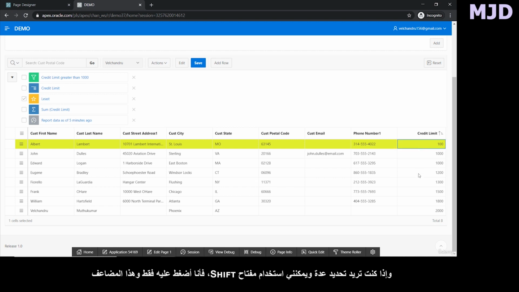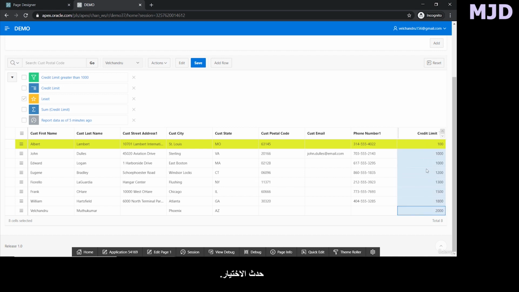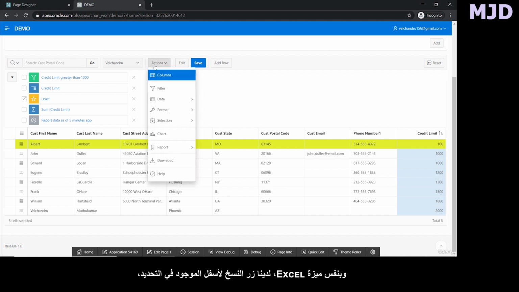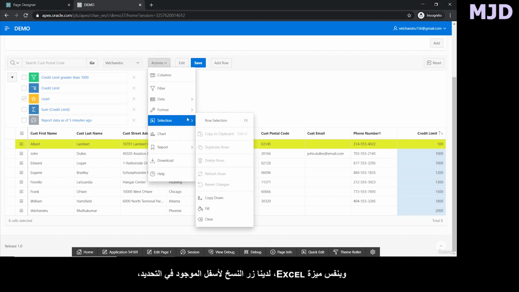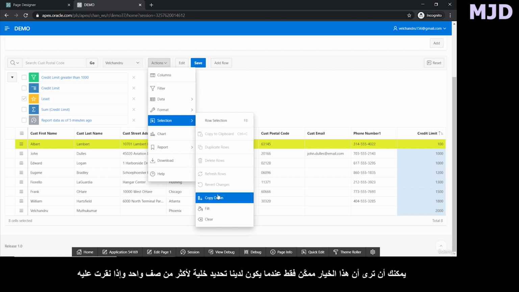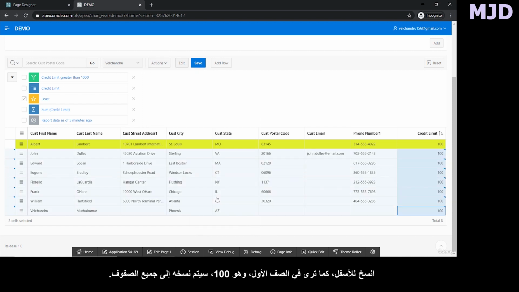And if you want to select multiple, I can use the shift key, so I'm just holding it, and this multiple selection has happened. And with the same feature as Excel, we have this copy down button, which is from the selection. You can see this option is enabled only when we have a cell selection of more than one row. And if I click on copy down, you can see the first row, which is 100, will be copied